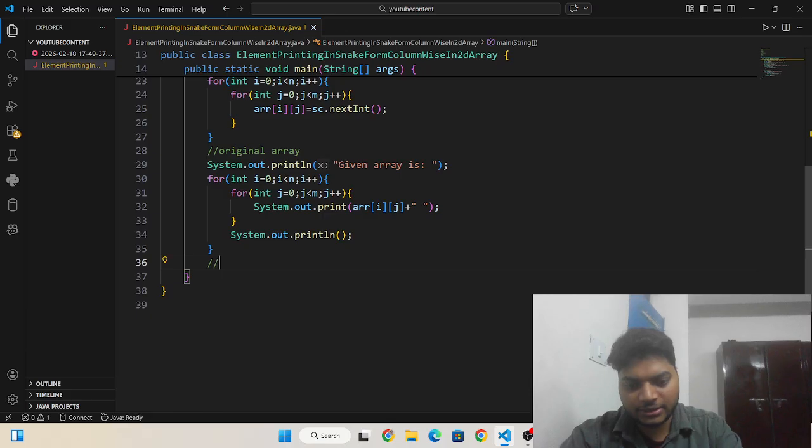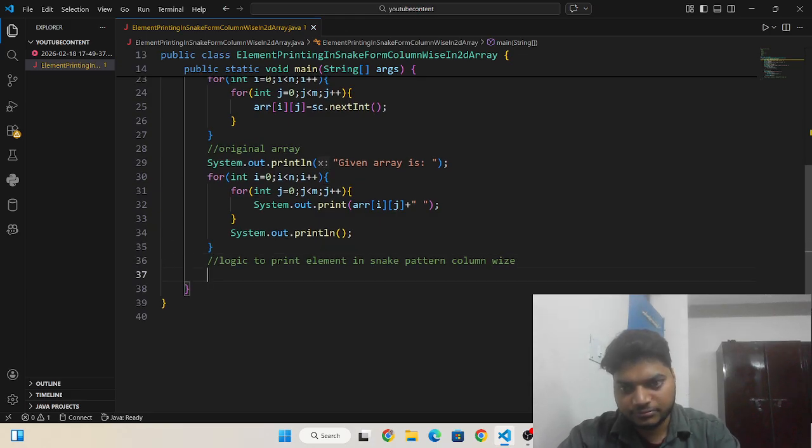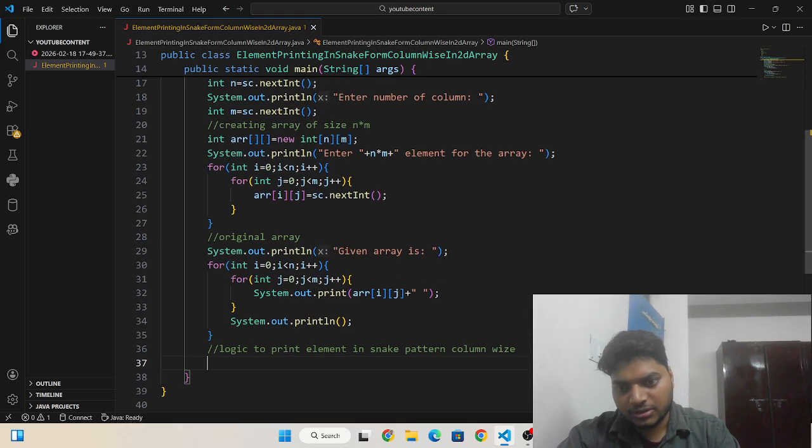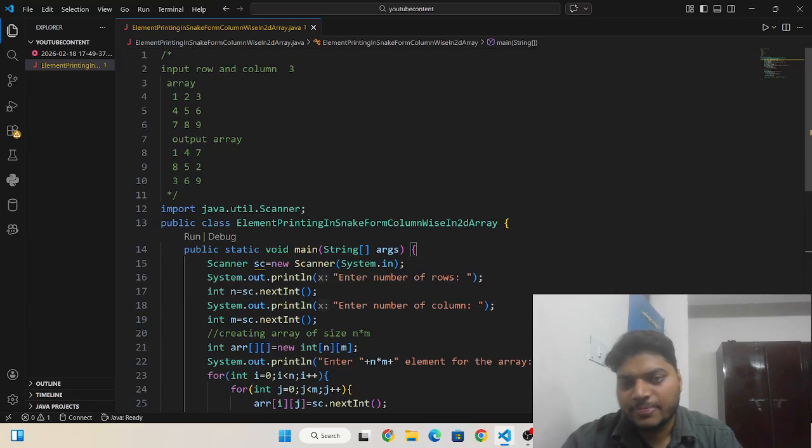And then I'm going to write here the logic to print elements in snake pattern column wise, in snake pattern column wise. Okay, so I'm going to write logic, so you can see if we are in the even row, means you already know